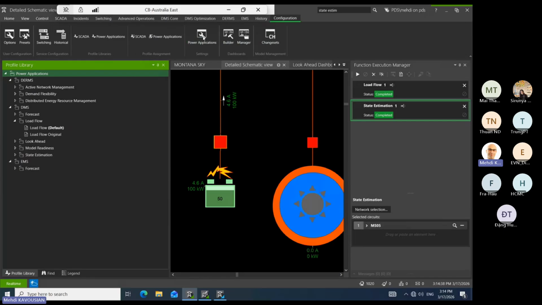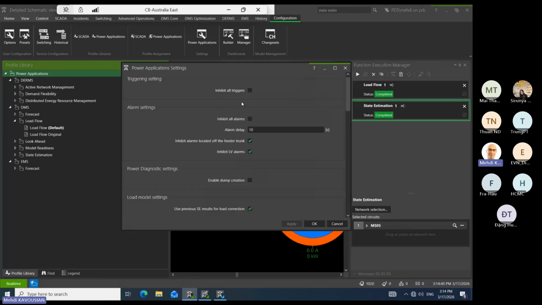So you go to configuration here, and this is very important. This is inhibit all triggers. Nothing happens in the back, like applications, things like state estimation and stuff like that. And this one is for alarms. So if you have this, it doesn't matter if you untick there in the load flow. This is master, so that's why I needed to check this, but it's unselected. So these two are unselected. It just gives some delay, but we don't want it on LV. So when we do this,